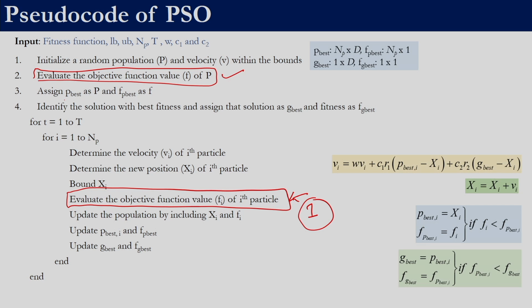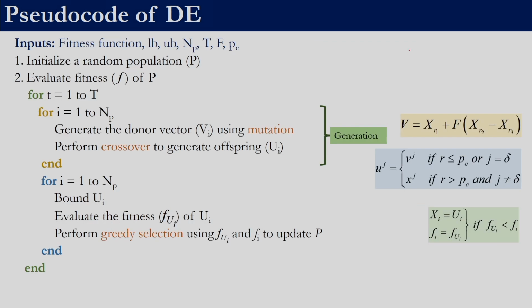Just like in TLBO, we have only one solution. We need to finish the evaluation of the fitness function of the ith particle, and then we will update the population. This depends upon whether the solution which we got is good or bad, and subsequently this will change. We do not get all the solutions together. If we got all the solutions together, then we could employ parallel computation to determine the fitness function of each solution. In TLBO as well as in PSO, we are able to use parallel computation only in the initial fitness function evaluation. Inside the iteration loop, we will not be able to use it for evaluating the objective function,